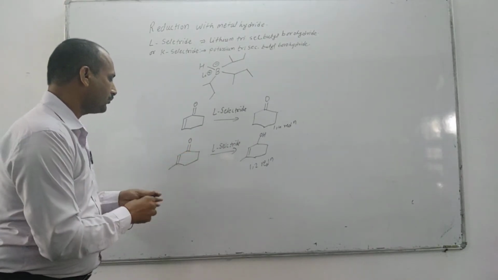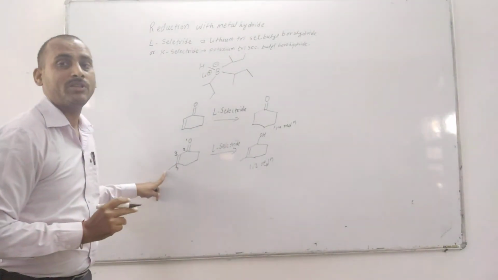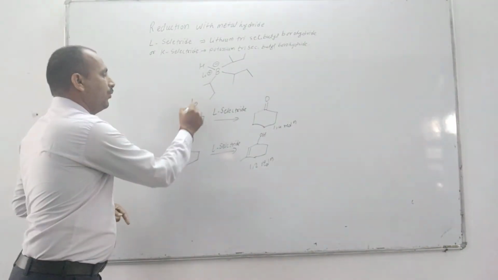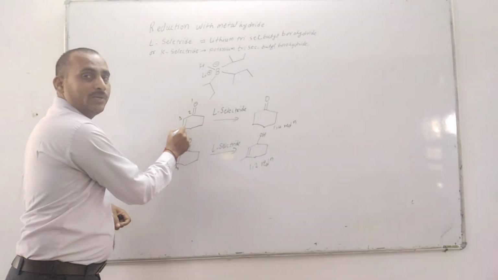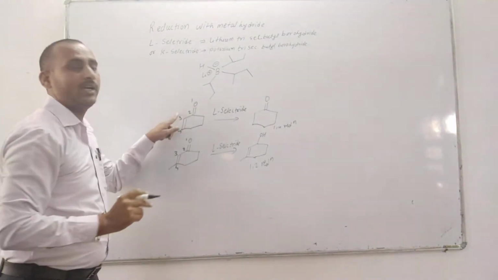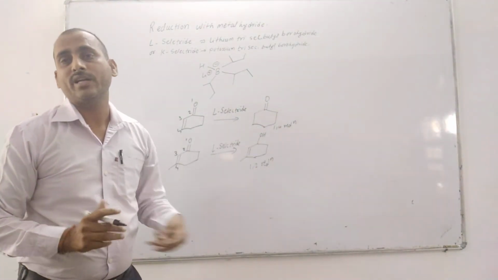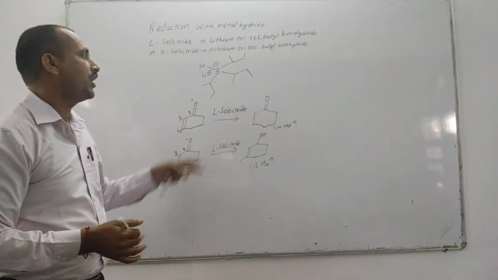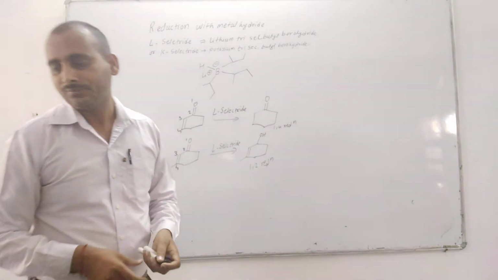So reduction of the carbonyl group takes place due to steric hindrance at these positions: 1, 2, 3, 4. At the 4 position there is a methyl group, therefore it is 1,2 reduction. And here, 1, 2, 3, 4, hydride attacks this carbon of the carbon double bond, then there is shifting of O minus, then reversion, then protonation at this third carbon. So this is 1,4 reduction and this is 1,4 reduction. So there is chemoselectivity for the reductions by using L-Selectride or potassium Selectride.